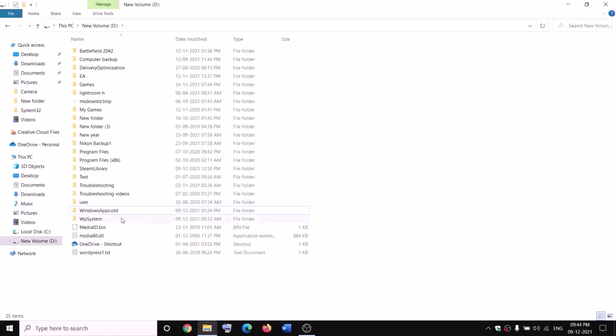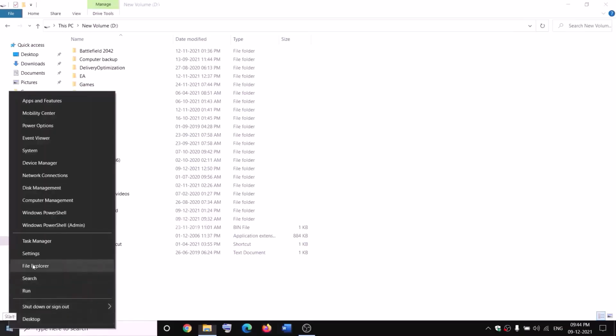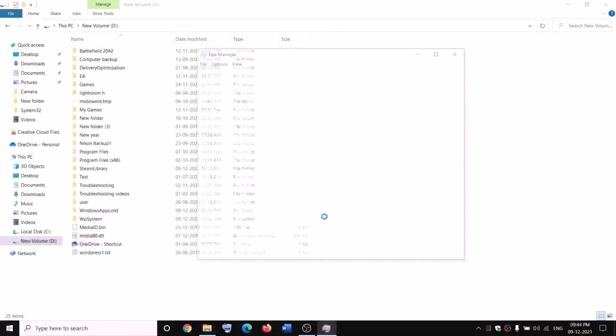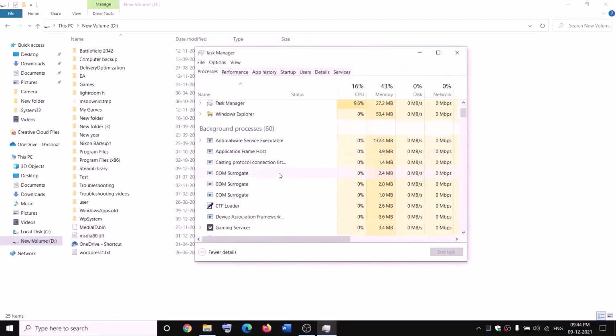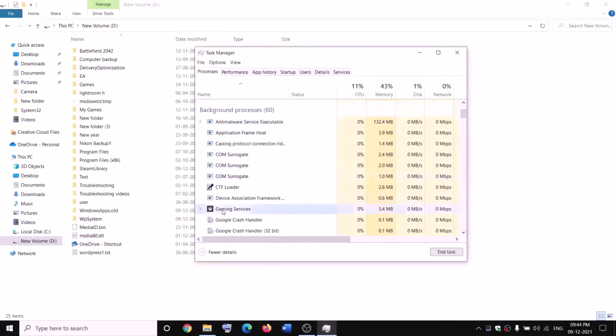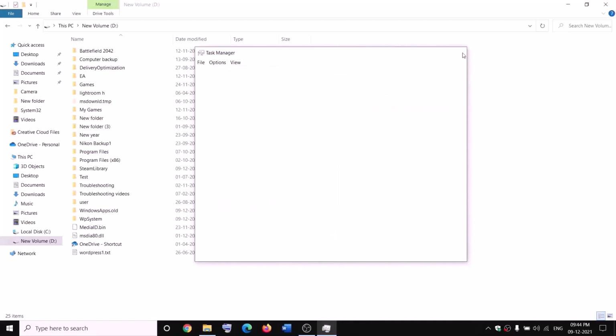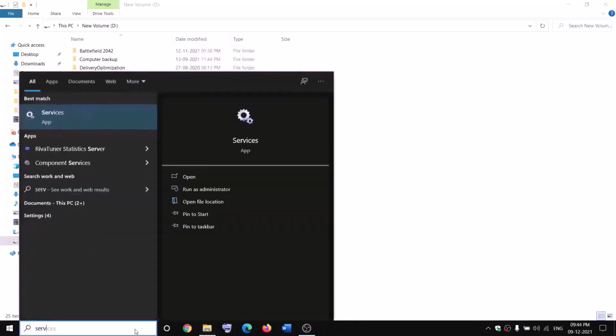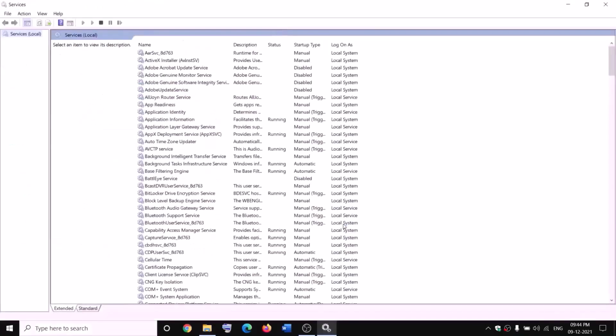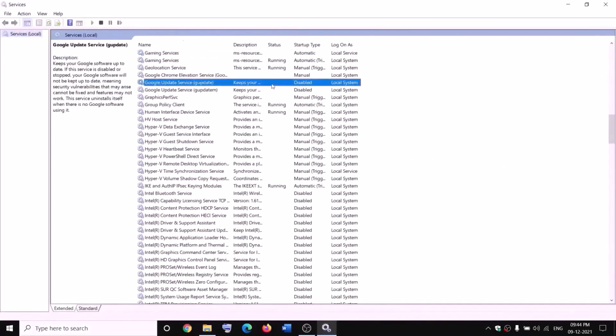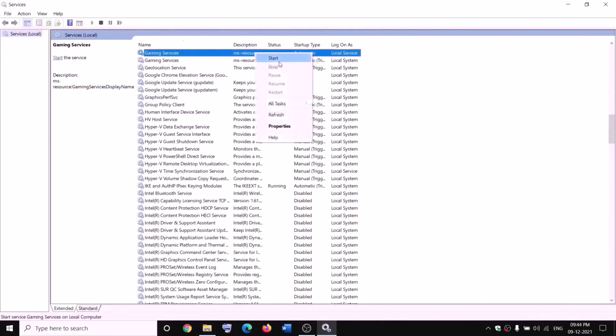Now while renaming it, if you receive any kind of error message which says file is open, in that case open Task Manager on your computer. Make a right click on the start menu, click on Task Manager. Now if you find gaming services, make a right click and then click on end task, and also open services over here, and then go to services and find gaming services, make a right click on gaming services, click on